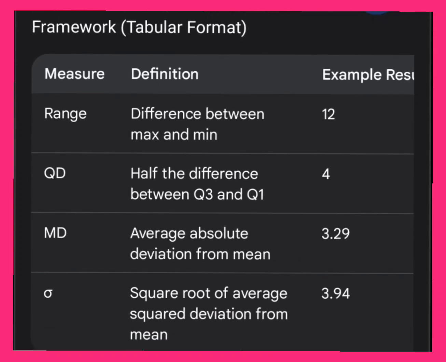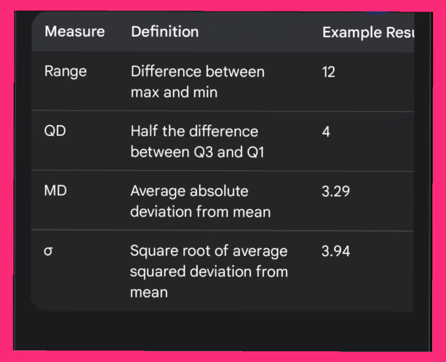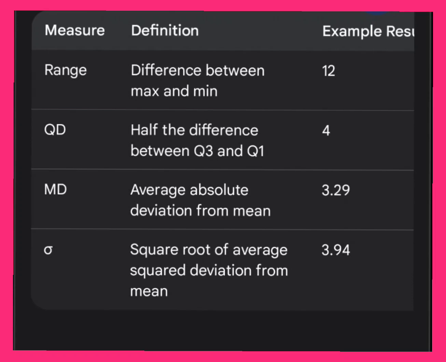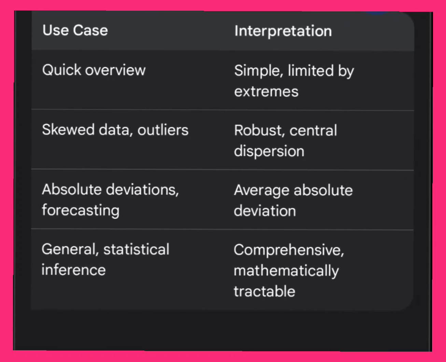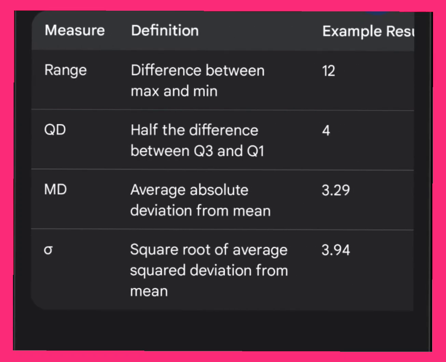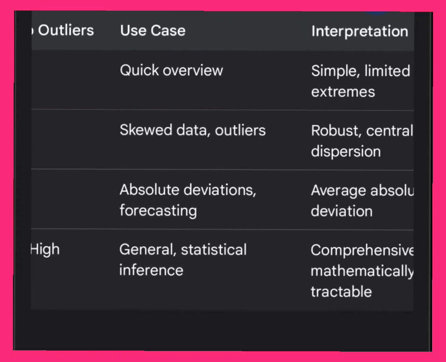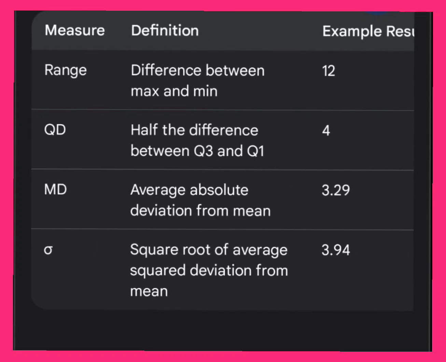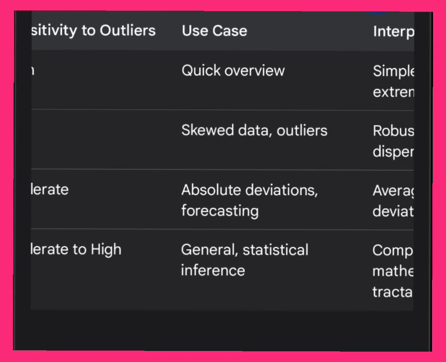Measure, definition, example result, sensitivity to outliers, use case, interpretation. Range: difference between max and min, 12, high sensitivity, quick overview, simple, limited by extremes. QD: half the difference between Q3 and Q1, 4, low sensitivity, skewed data, outliers, robust, central dispersion. MD: average absolute deviation from mean, 3.29, moderate, absolute deviations, forecasting, average